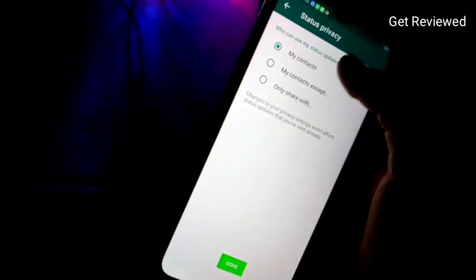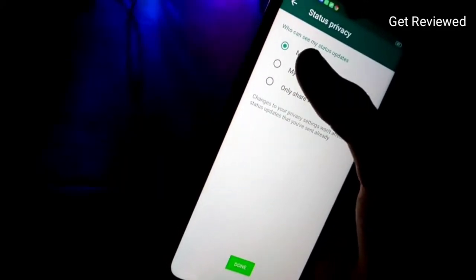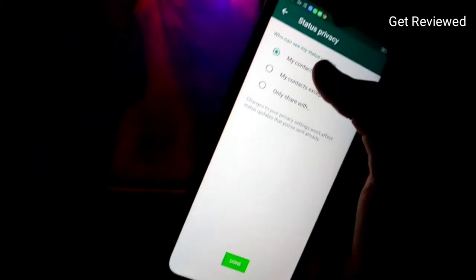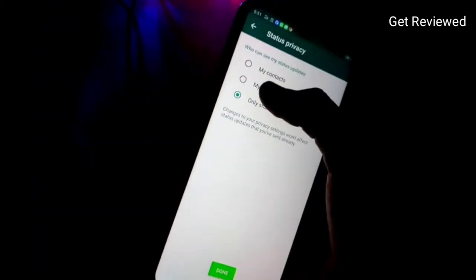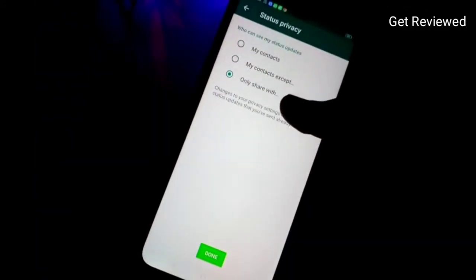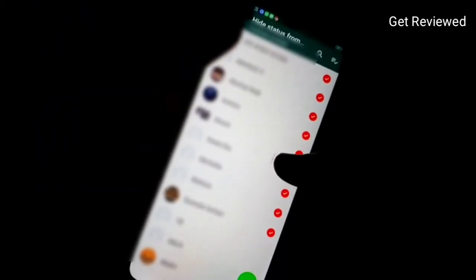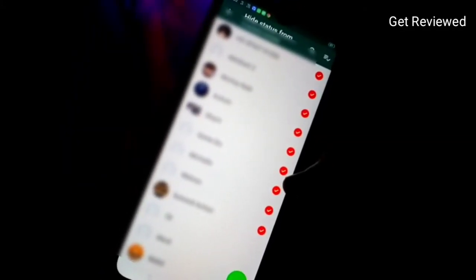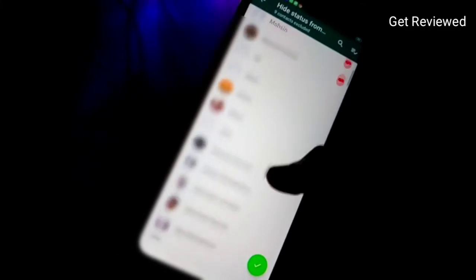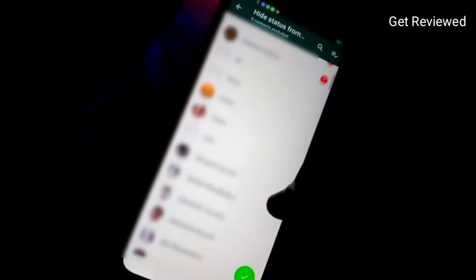Here you can select my contacts, which means the status which I have uploaded will be seen only by your contacts. Then there is my contacts except, the persons whom you have selected. With this option, the status will not be shown to the person I have selected, and all other people can see the status.